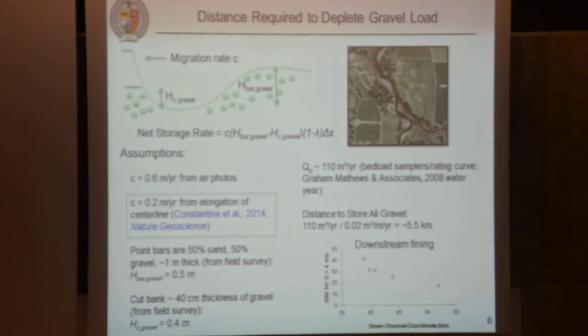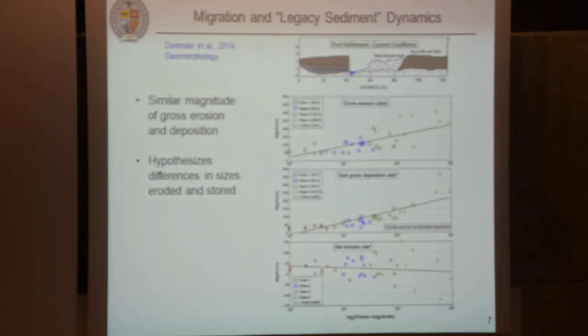And you actually see a lot of downstream fining on the system, okay? And the curvature of the profile, we are coming off of an alluvial fan here. There's a little bit of curvature over the first 2 points, maybe here, but between kilometer 45 and 55, there's virtually no curvature in the profile at all. You can explain the capture of the gravel just by the difference in thickness of gravel on one side and the other side of the river. Okay? All right, so I think this dynamic, this exchange with the floodplain, can have pretty significant impact on bed